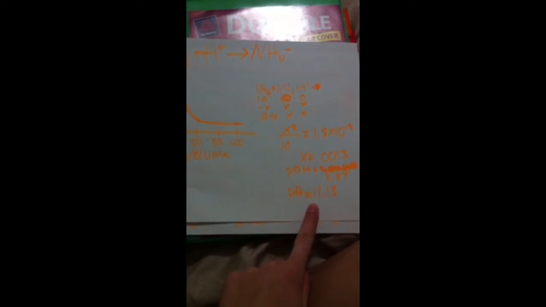So, for this problem, we start by using the ICE box and finding x, which also equals OH-, which you can then convert to pOH, which you then convert to the pH. And so once we do all these steps, you get pH equals 11.13. So you start here, and you also know due to part C and D, the